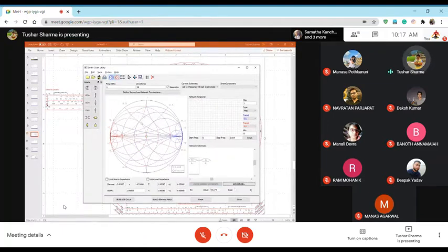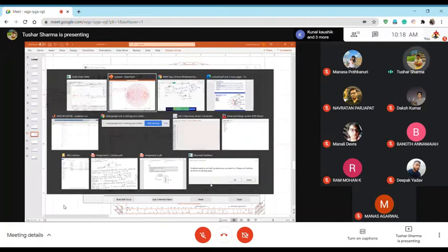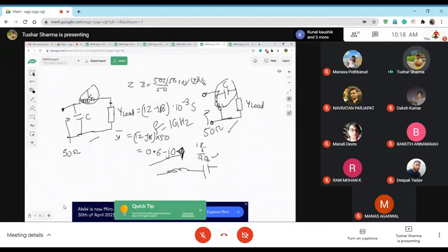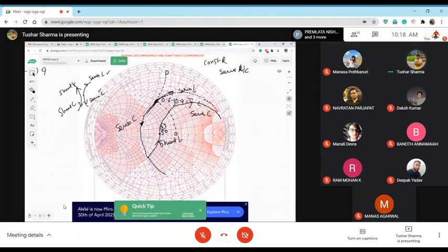Now the second option is what somebody suggested: can I use series L and series C, correct? So if we use series L, you see I am going all the way here, as I was showing in the Smith chart. Series L happens, and then series C will bring me back basically. Now what is the problem? Let's go back to this. If you use series L in the first place, you are going all the way out here.